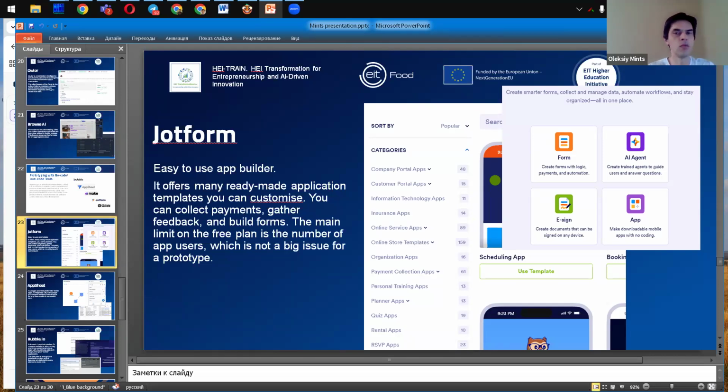For example, you may see on the slide how many applications are in each category. The main limit on the free plan of Jotform is the number of application users, but for a prototype, it's not a big issue.